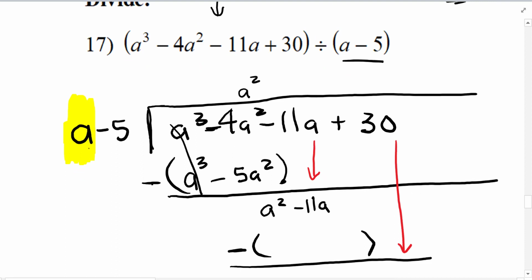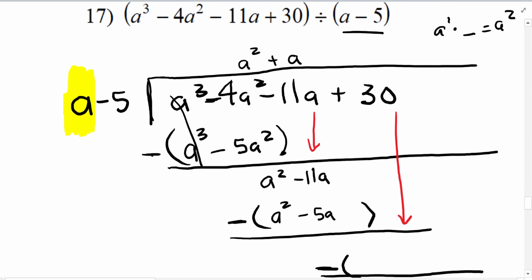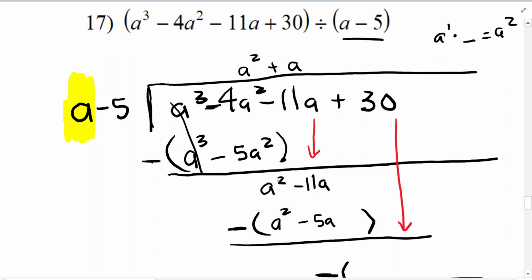You're going to ask yourself, how many times does a go into a squared? A to the first times what is equal to a squared? Well, it's just a. So we're going to put plus positive a. A times a is a squared. A times -5 is -5a. And then we're going to subtract that whole set of parentheses. A squared subtract itself cancels to 0. Negative 11a, subtracting negatives like adding a positive, is,